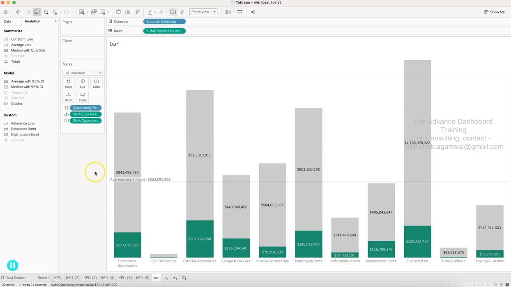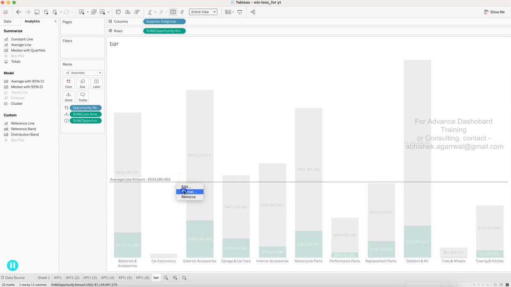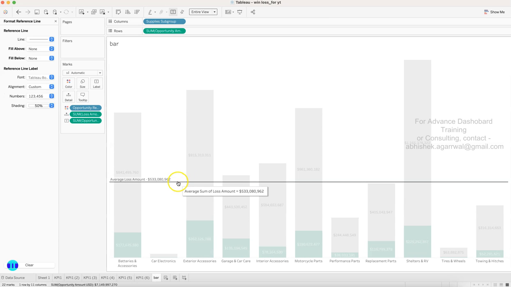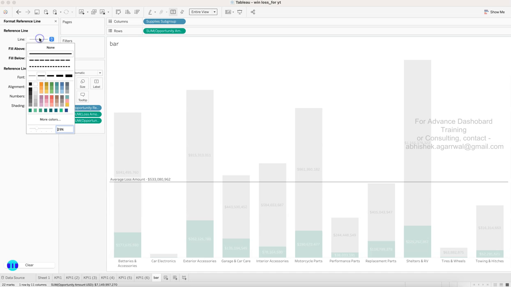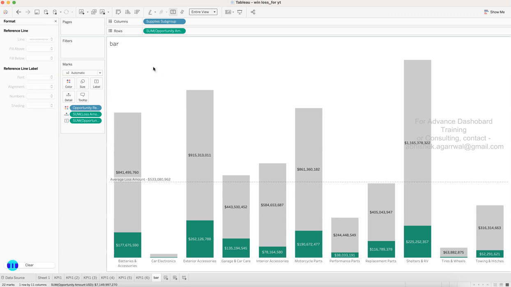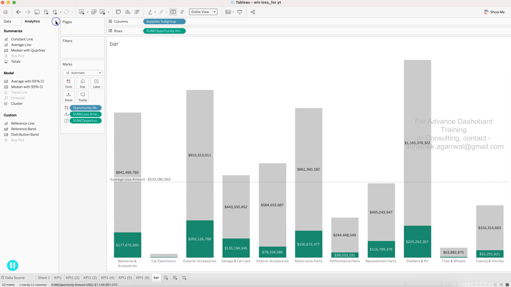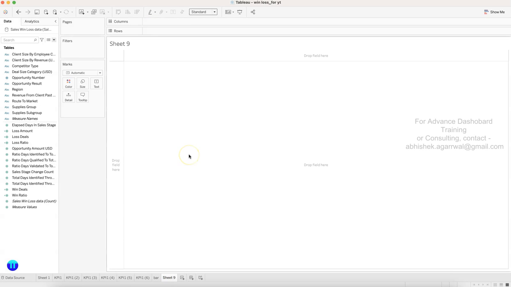So make sure you save this. Another thing that you can do with this is right click and edit. I can actually do it from here as well, format. Rather than this pretty dark line, I can choose this, which makes more sense, which is not taking a lot of attention, but at least it is a dotted line. Save this. Now what we need to do is create two donut charts,